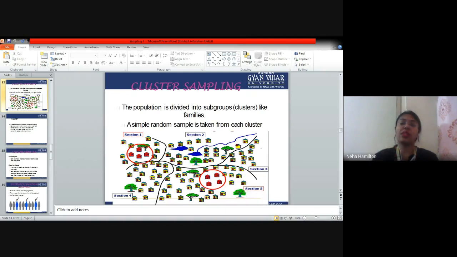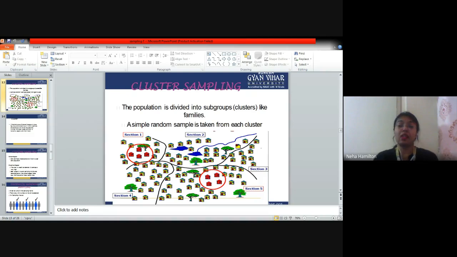For example, if you are doing research on Jaipur city, then you can divide Jaipur into various clusters. One cluster will be Mansarovar, one cluster will be Jagatpura, one cluster will be C Scheme, then one cluster will be Vaishali Nagar. So these are different areas of Jaipur, right? Civil Lines. So you have to create clusters on the basis of geographical boundaries in a particular division, because geographical areas